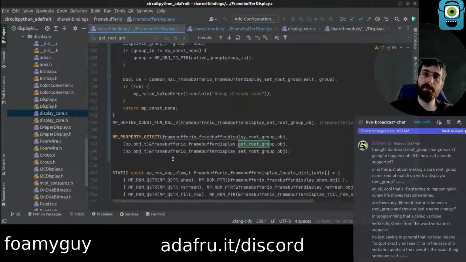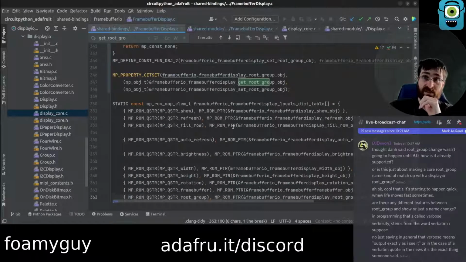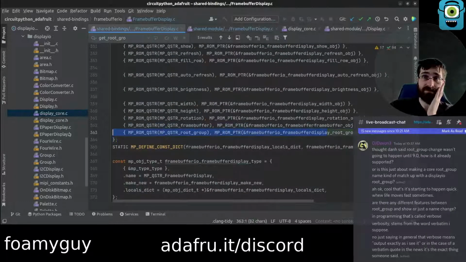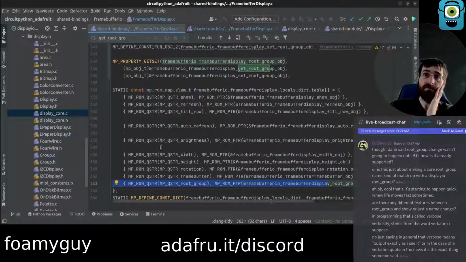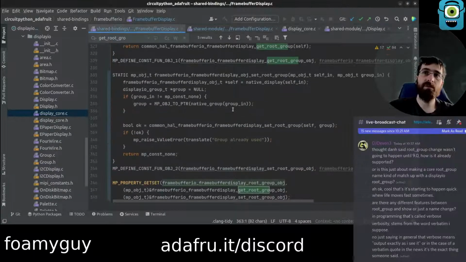Was there 2 lines there before? I'm not actually sure. We already had the dictionary table. This was already included. It just used to be a getter only, but now it's a setter as well.